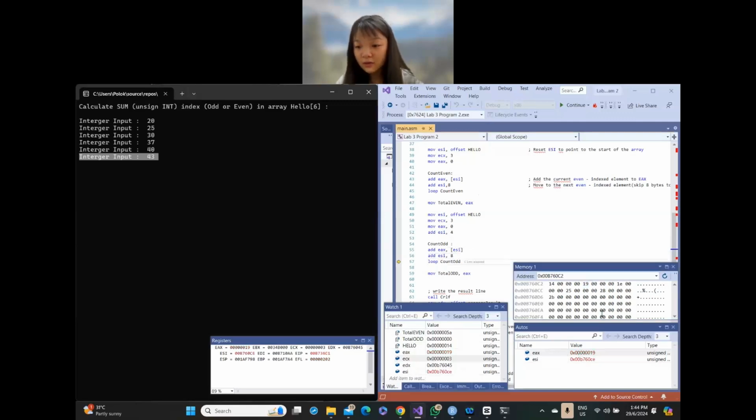And then we skip 8 elements. 1, 2, 3, 4, 5, 6, 7, 8. Now it's pointing at 25, ESI. And then we loop the counter again. We loop again because ECX hasn't become 0. Then we do the same thing, adding the current odd index element into EAX. EAX now becomes 3E. Then we skip 8 bytes, which means that